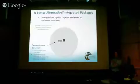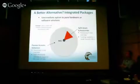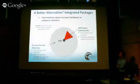But that's a system where maybe we can detect that a marine mammal is present, and maybe that tells something that's a little more data intensive and a little harder to work with, like a split beam echo sounder, to turn on and start tracking that target. So something like a split beam echo sounder